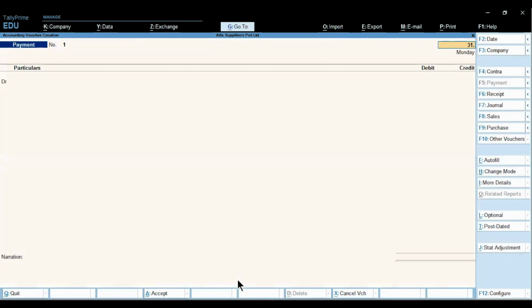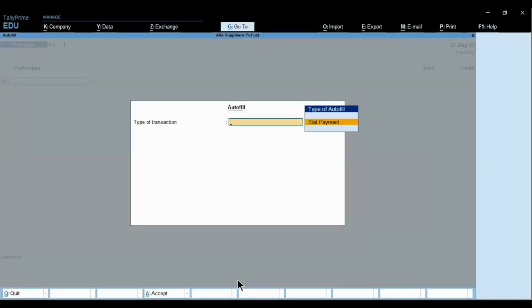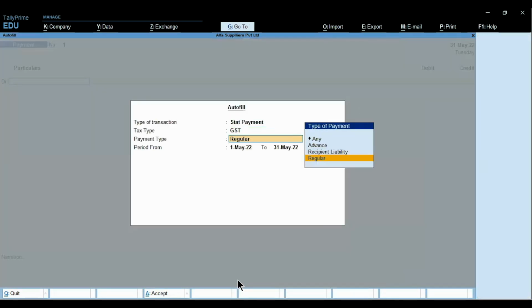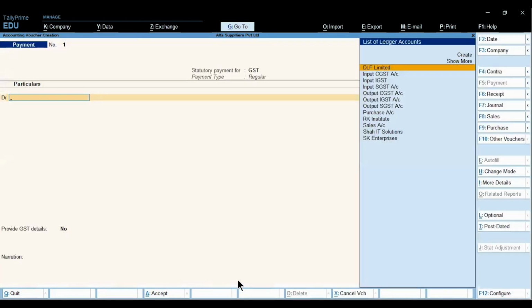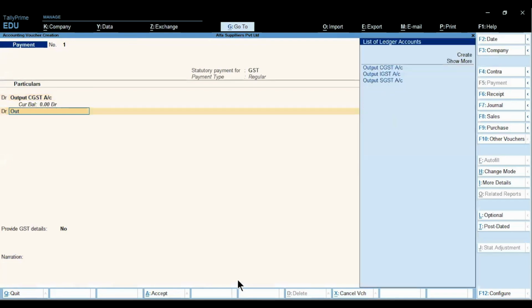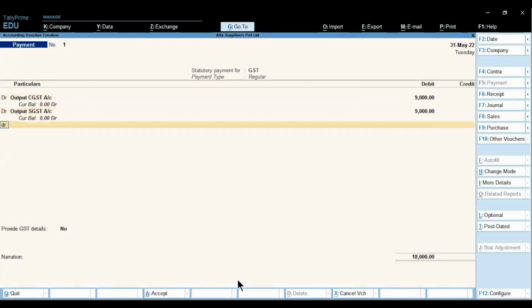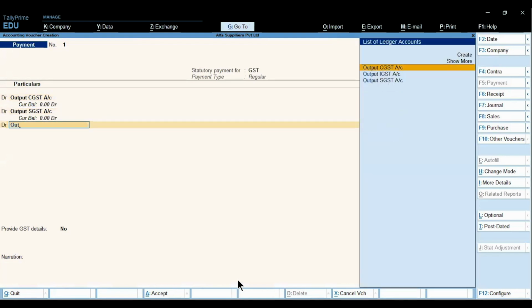On 31st of May, we will use autofill, and for that press Ctrl F. Statement, statutory payment, GST, regular payment for 1st of May to 31st of May. Output CGST 9,000, output SGST 9,000, and output IGST